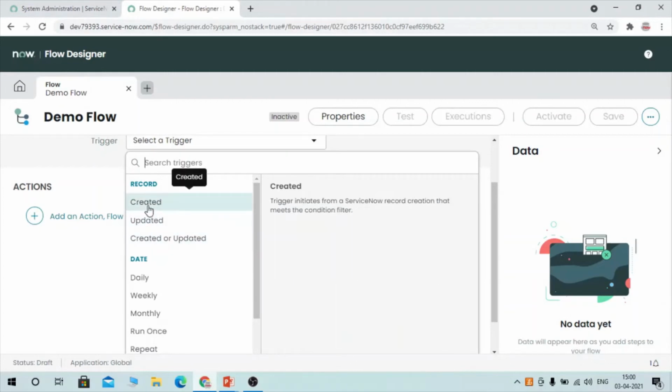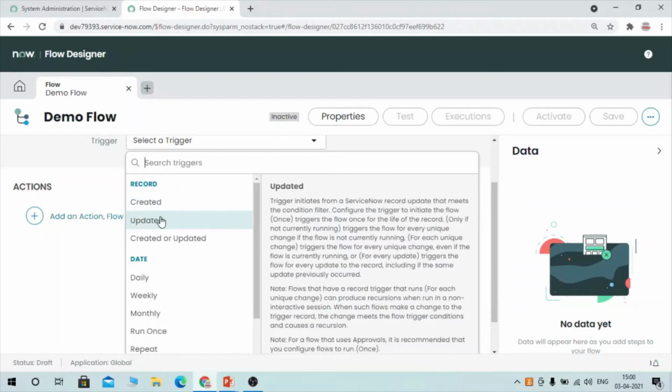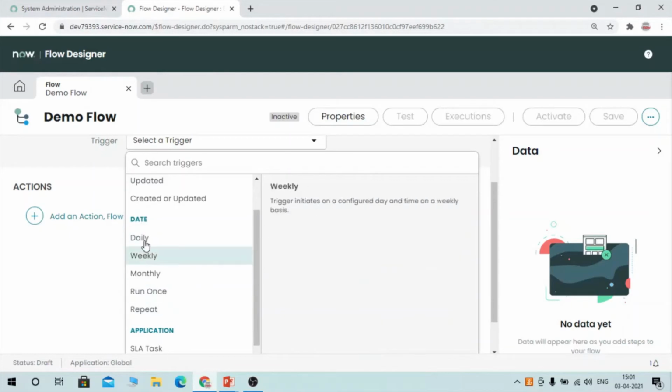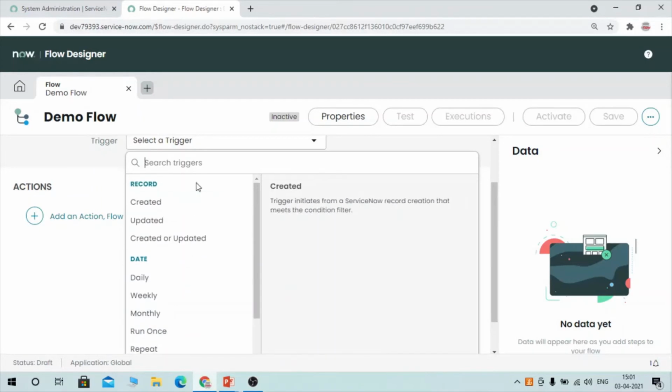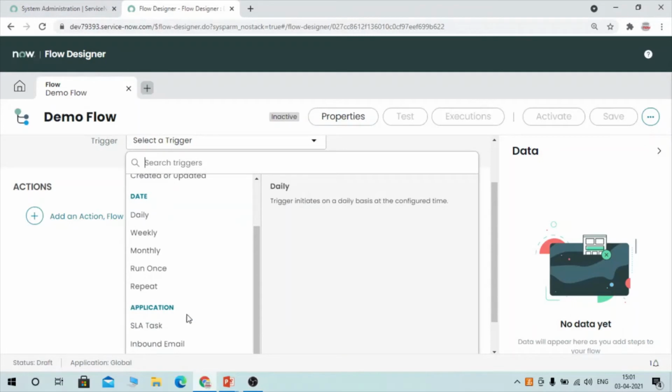So once your record is created and you want to trigger this workflow, you can select created, same for updated. If you want to trigger this demo flow on a specific date, you can select date. And this is schedule based, so you can select weekly, monthly, however you want. And you can select application wise also. So you could see here, you can trigger any flow based on record, schedule and application.